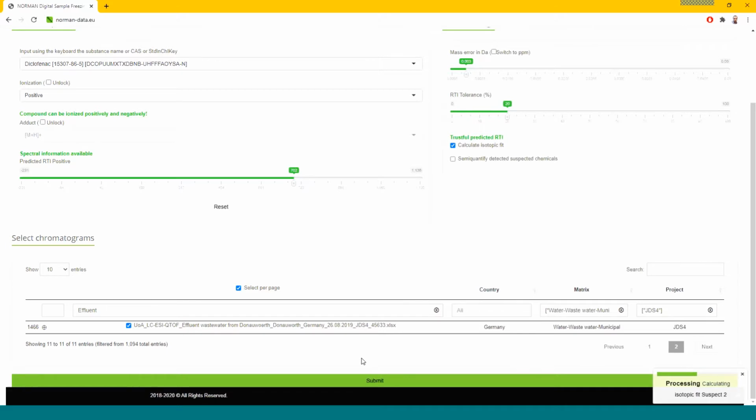A loading bar will appear, and the platform will redirect us automatically to the results once the calculation is finished.